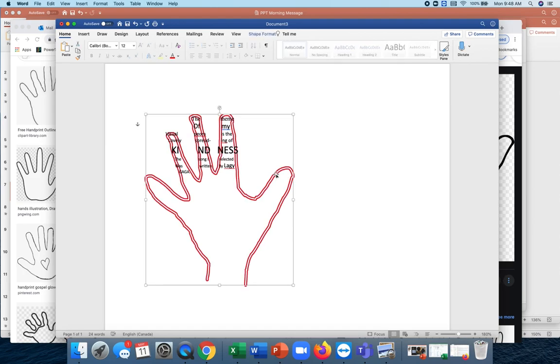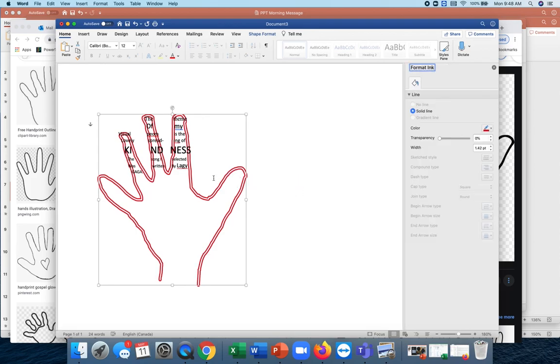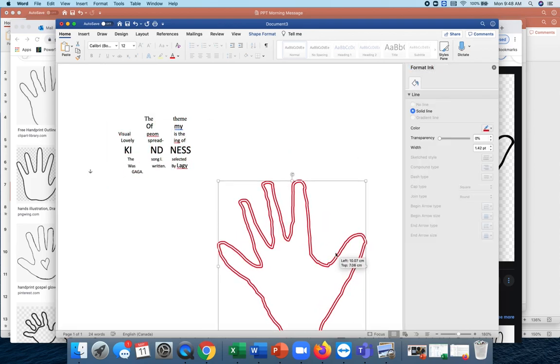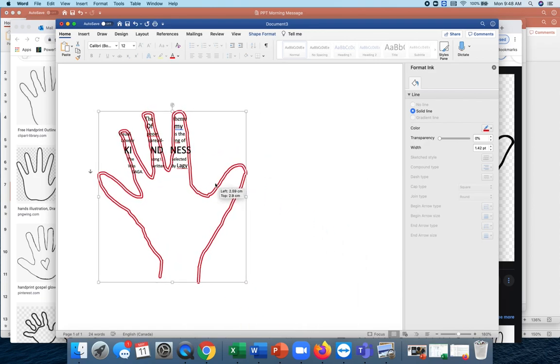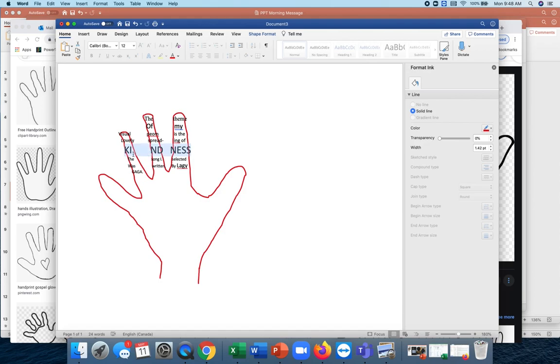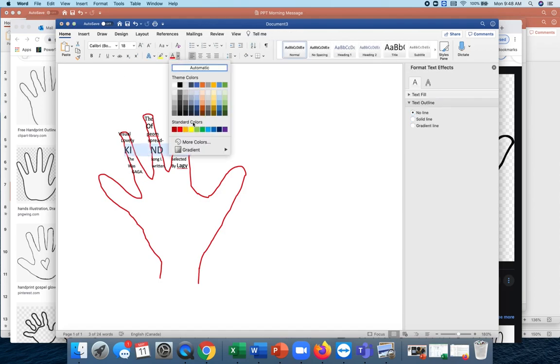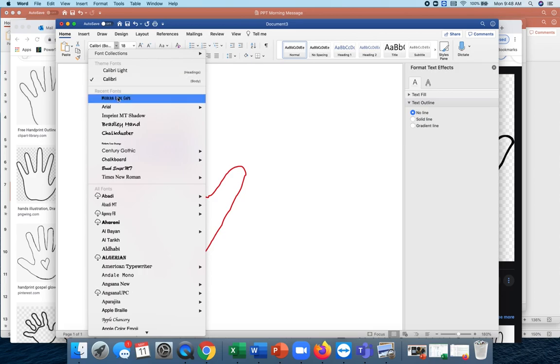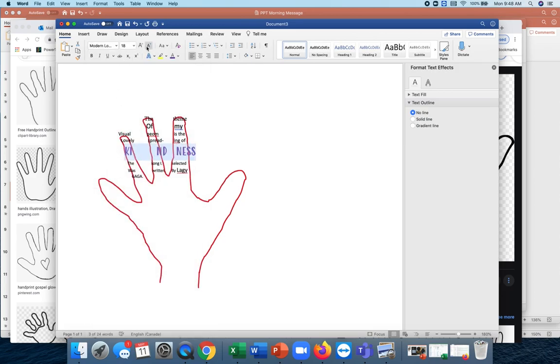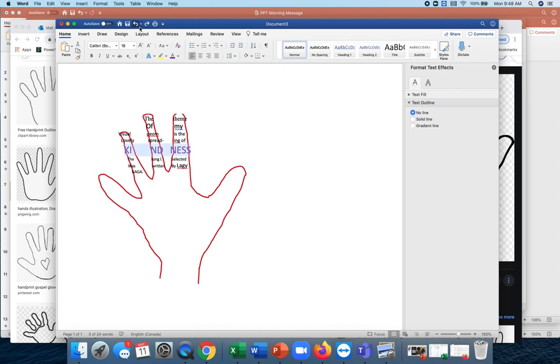So you could keep the outline, or you could move it away. And then you would have your visual poem, your concrete poem, which could look super cool. And then you could change some of it, for example, if you wanted to make that purple, or you wanted to do something different with the fonts, you could, which could look kind of cool too. Maybe that's going to mess things up a little bit. Anyway, yeah, you can play around with that.